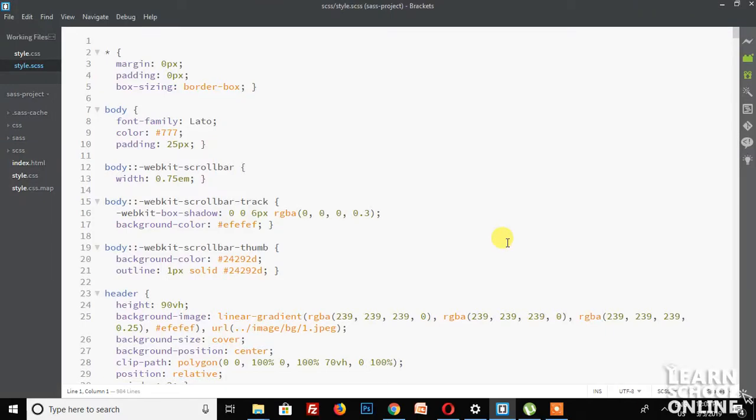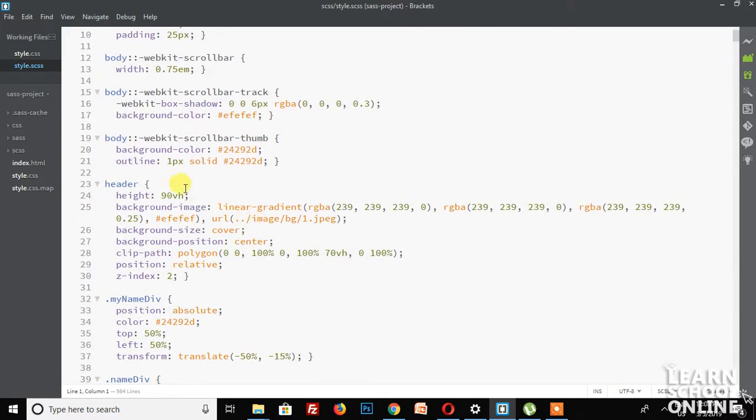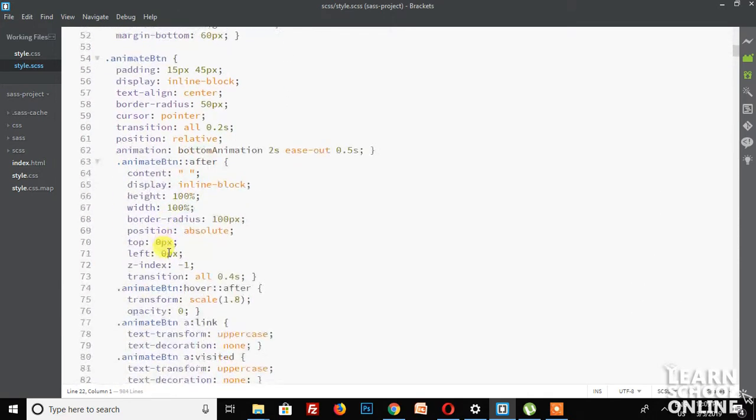Today's video is about Sass import. Sass import basically imports a Sass file into another Sass file. Now first of all, I'm dividing this Sass file into some parts. I cut this part